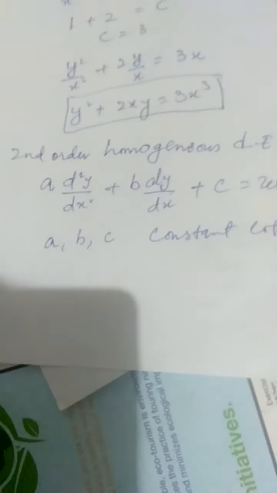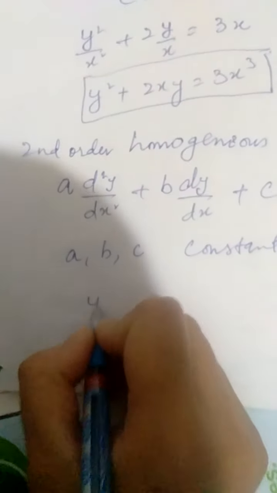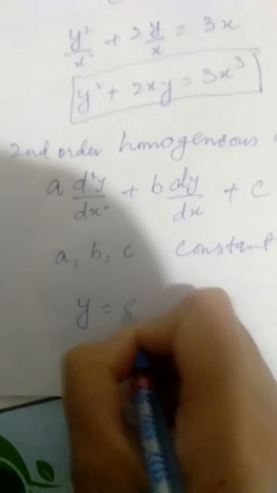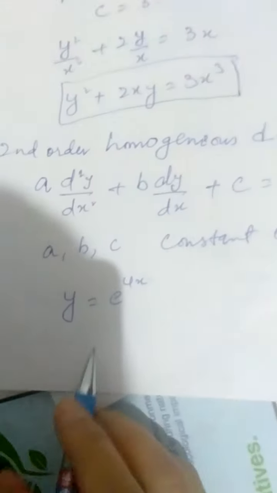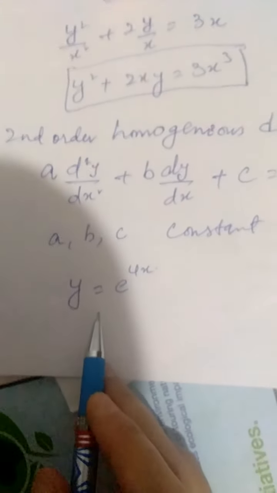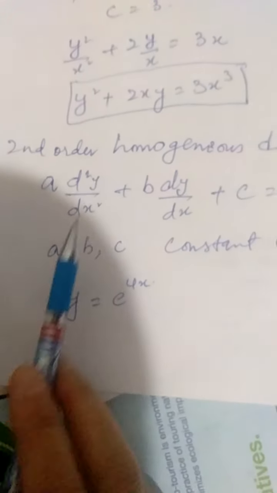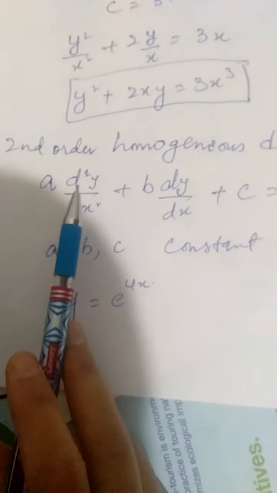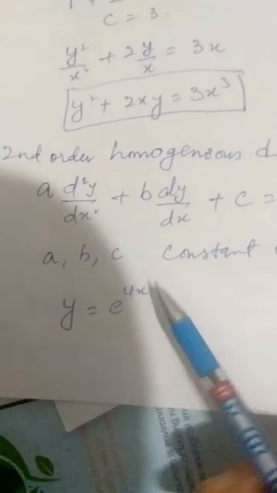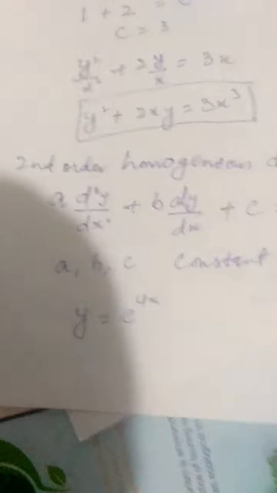Now, how do we solve these kinds of equations? Again, we make a substitution of the type y is equal to e to the power ux. Remember, in the case of first order homogeneous differential equations, we solve them by beginning with the substitution y is equal to ux. Here, since it is second order, a power more than 1 is involved, so it's better to use an exponential term. So y is equal to e to the power ux. So let us do that.